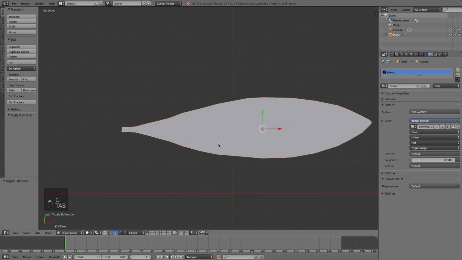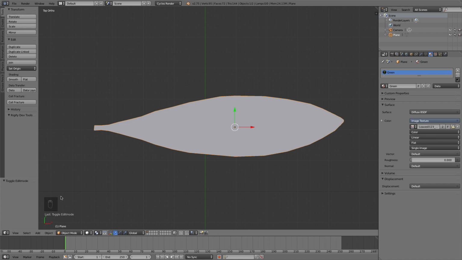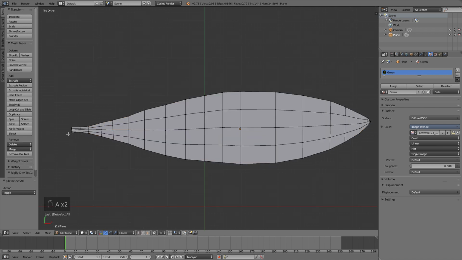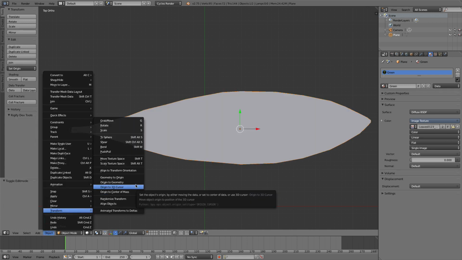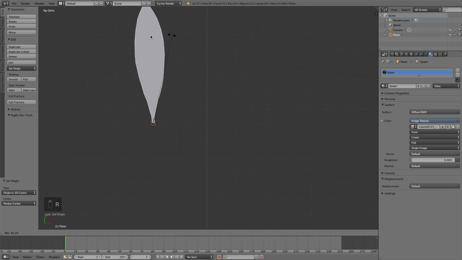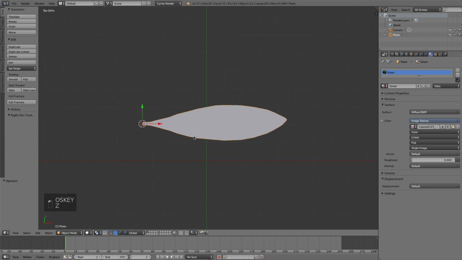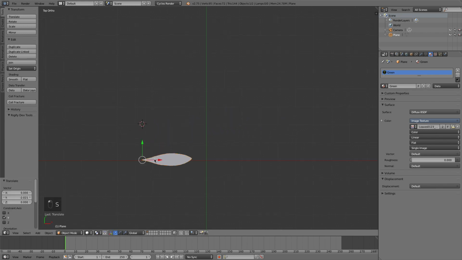Alright, now that's good. Now what we want to do is apply the transformation of the object to be at the very bottom of the leaf. So I'm going to grab these vertices here, press Shift S, cursor to selected, and now inside object mode I'm going to go Object, Transform Origin to 3D Cursor. So now what that does, if we rotate around, you can see it rotates based off of the very bottom of the leaf there. And this is important because what we can do is use this to sort of scale